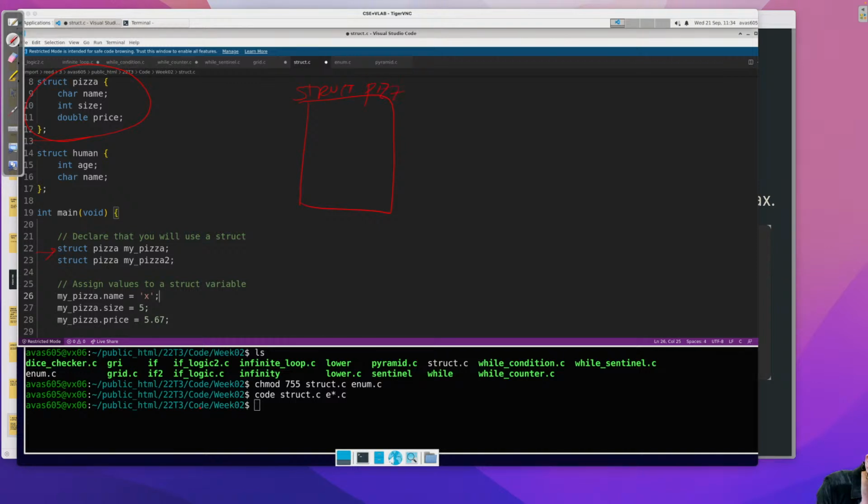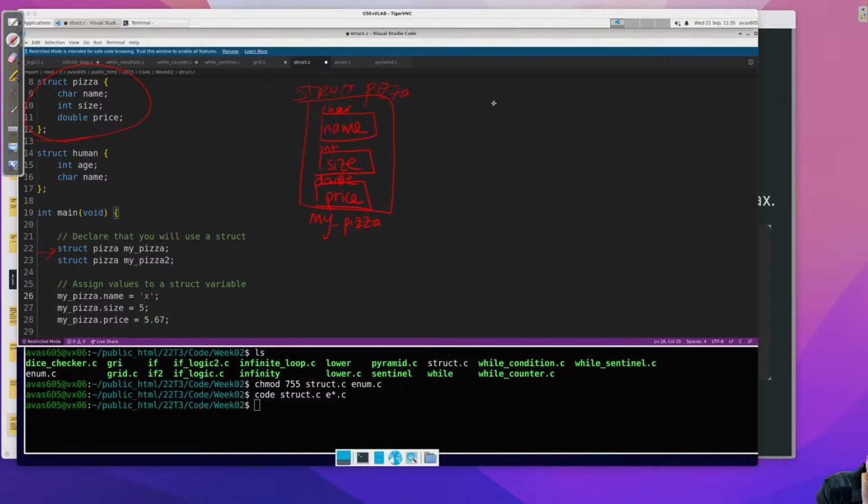So I've created a pizza here, and this variable name is called my pizza. And inside it are 3 things: a name, a size, and a price. And this one is a char, this one is an int, and this one is a double.